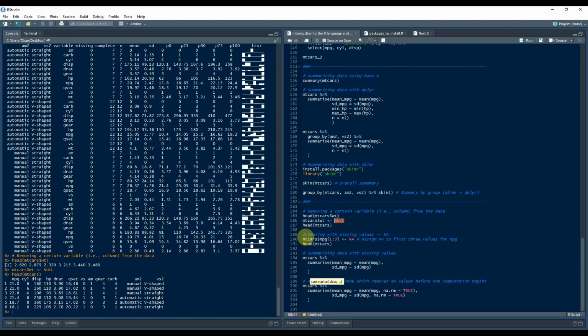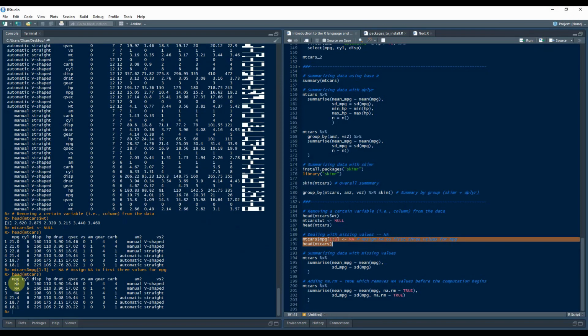So, for example, let's say I'm creating pseudo missing values for the MPG variable. So I just choose mtcars, $ sign over here for MPG, and I just say give me the first 3 values of MPG and make them NA, which is missing, not available. So let's run it and see the impact of it. So basically I just manipulated these 3 values from the first, second, and third row, and I made them NA,